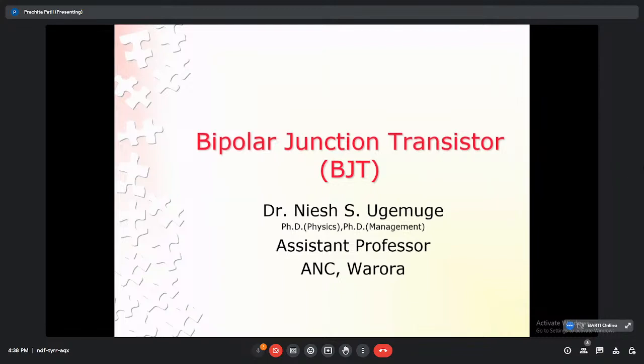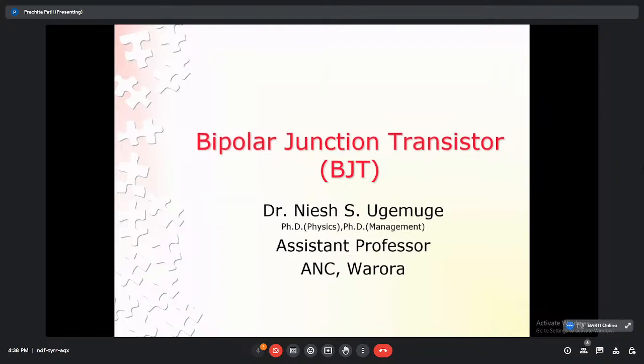how it works, what the characteristics of the PN junction diode are, as well as the different applications of the diode. In line with that, another important PN junction device is the bipolar junction transistor, which we call a BJT. When we discuss the transistor, the name comes from trans plus resistor. Simply, it means the transfer of resistance from a low resistance region to a high resistance region,